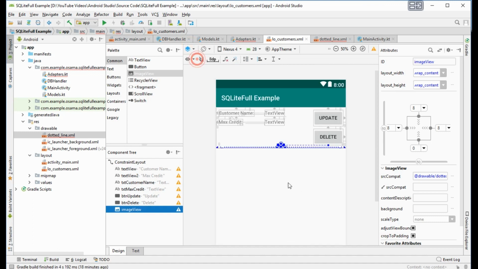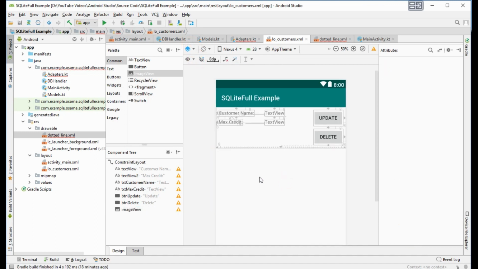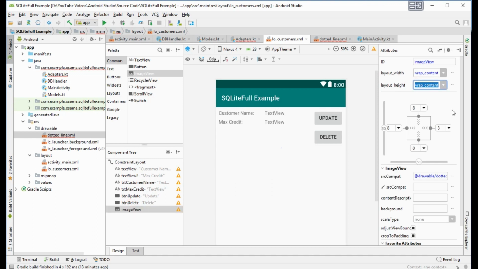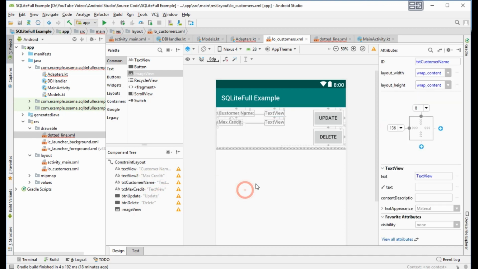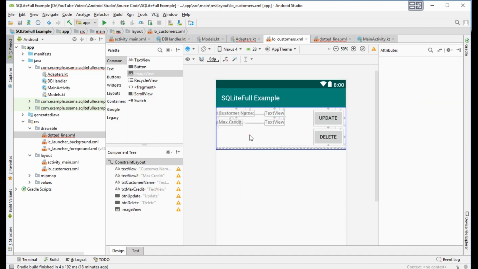We want to see now. Okay, the image height is 5 dp. This is match constraint.